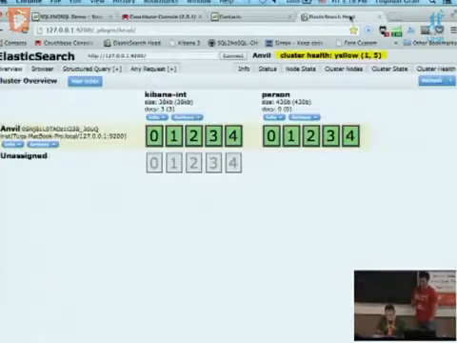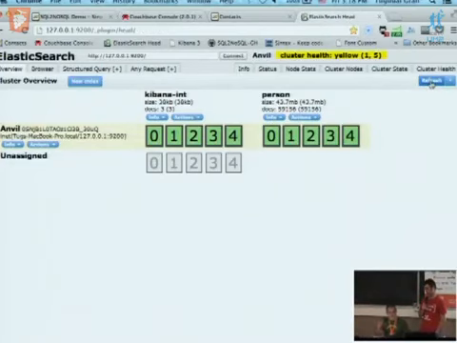Okay, so let's have a look at our interface. As you can see here, we have 0 documents by now. If I refresh it, I expect that, yes, it's growing. So data are coming from Couchbase directly into Elasticsearch. Cool.